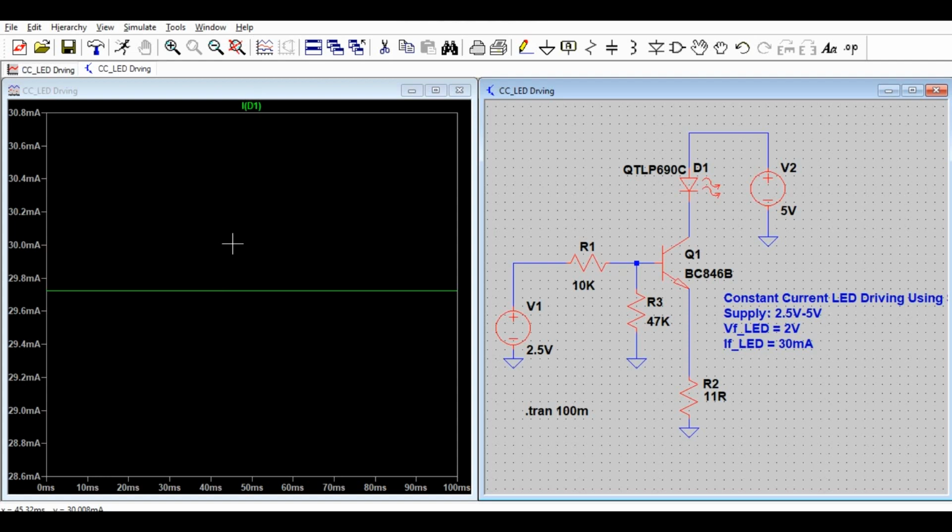I have already shown you, when this supply voltage was 2.5 volt, your forward current through this LED was 27.5 milliampere. Now your supply voltage is 5 volt, and you can see your forward current is 29.7 milliampere. That means you are changing your supply from 2.5 volt to 5 volt, and you are getting almost constant current.